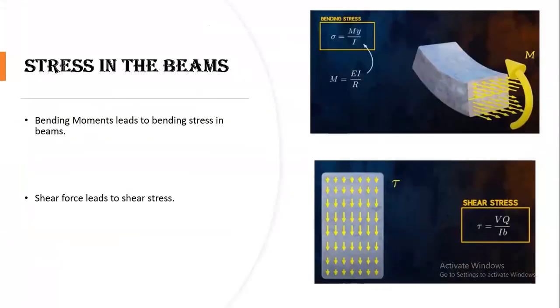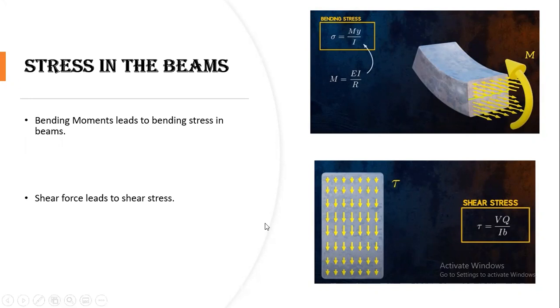Now, if we move ahead, due to these shear forces and bending moments, stresses are generated in the beams as a response. So bending moments lead to the development of bending stress in the beams, the formulations of which we have derived earlier, and shear forces lead to the development of shear stresses in the beam at the cross sections. I am not going to describe how these formulations come up for bending stresses and shear stresses. This lecture is not meant for this. We are actually describing the role of cross section selection for shear stresses.